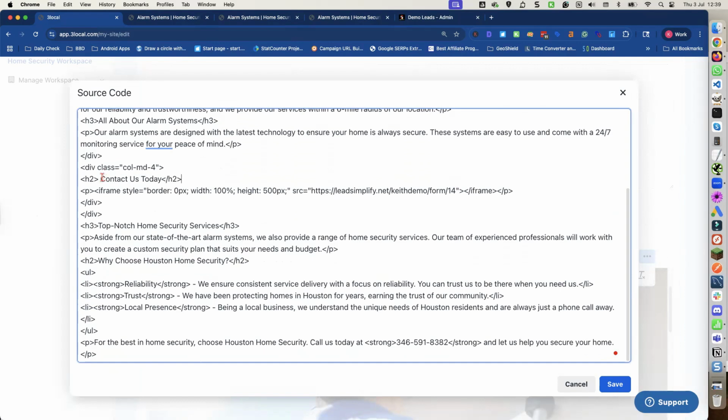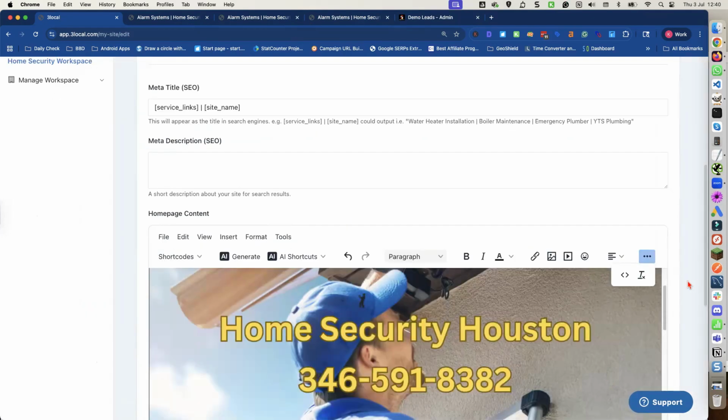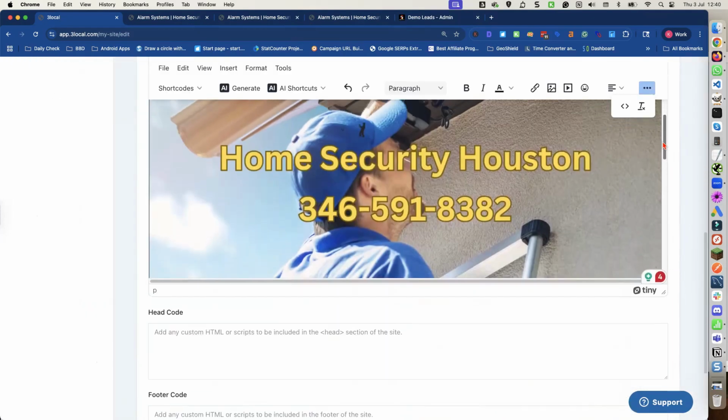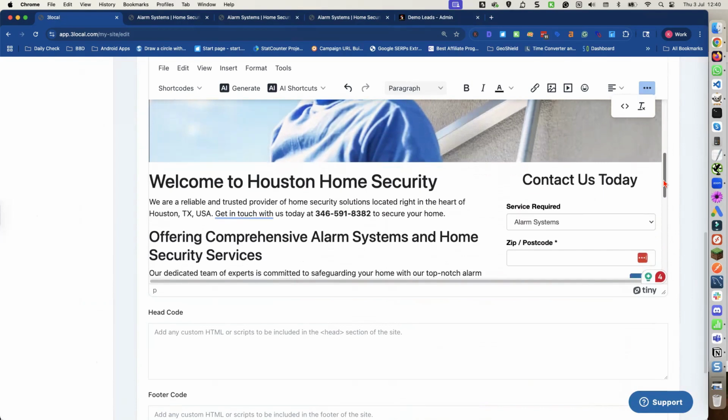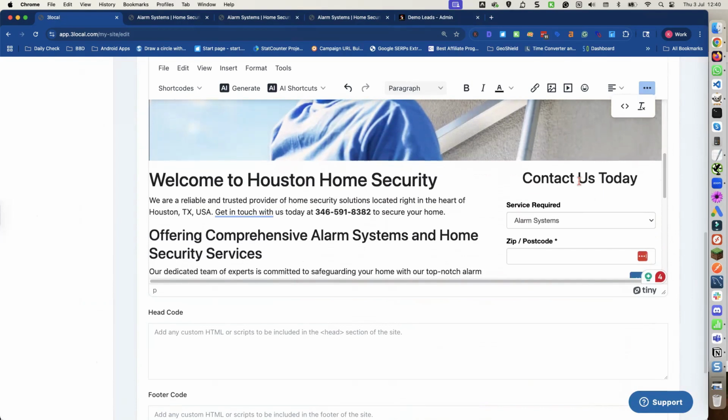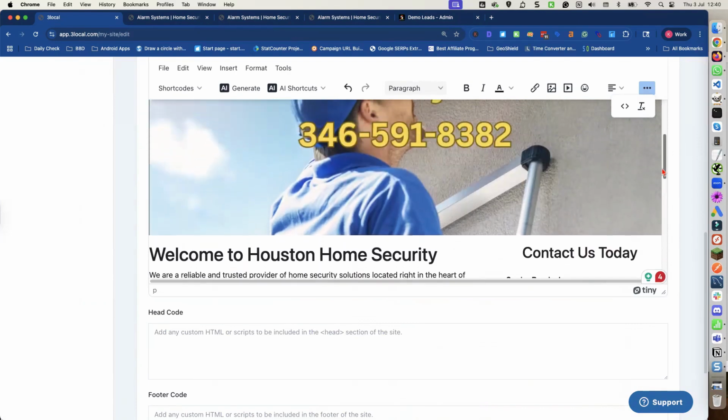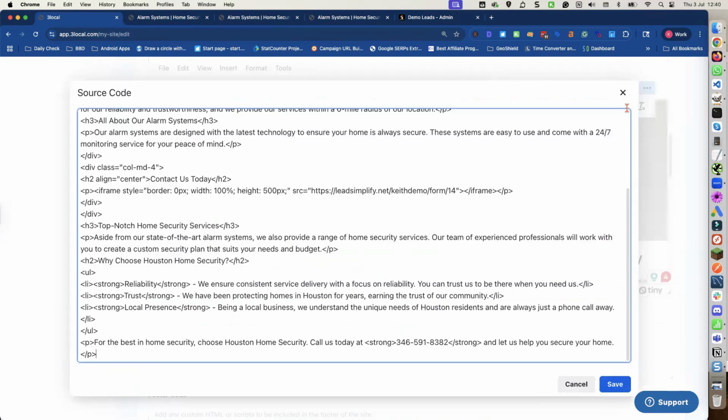Now that might be better centered. So we can do that. We can put in here like that. We save that now. Down, we've got that there. Obviously, we can change the size of that to H2, H3, H4, whichever one we want. We've got that in, which looks okay. So then if we go back into here,